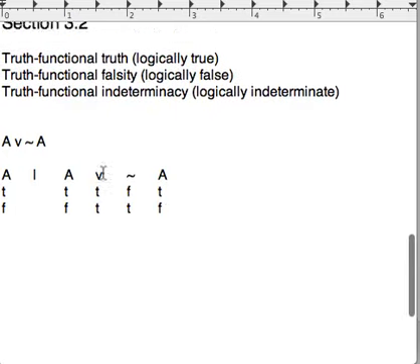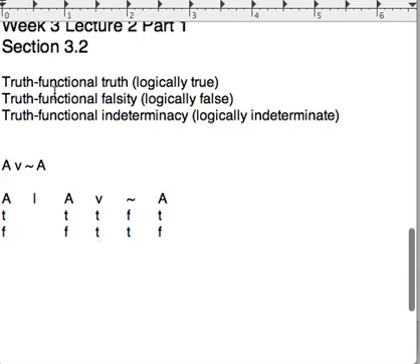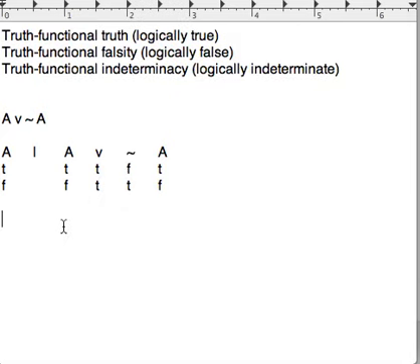Okay, so that's an example of a sentence that comes out to be truth functionally true. So let's give a definition of truth functional truth. If you look, this is on page 84 of the textbook, and it goes like this. So a sentence